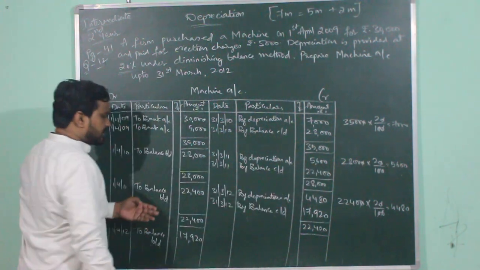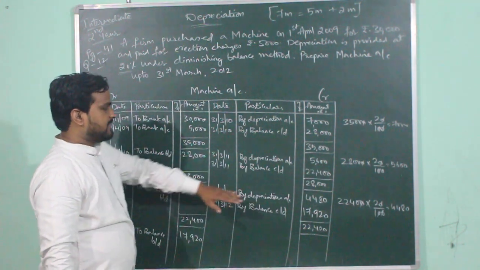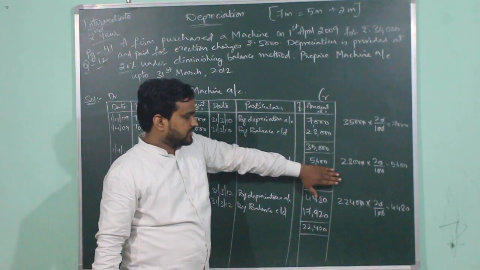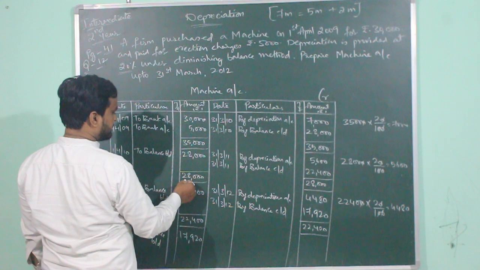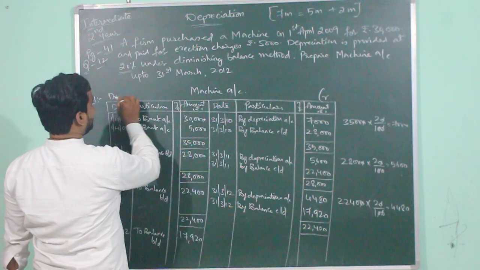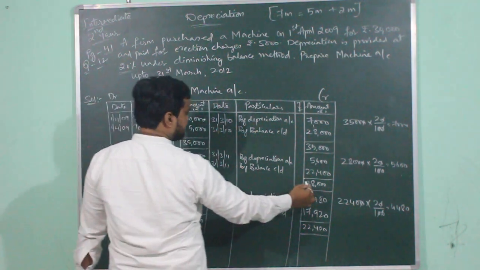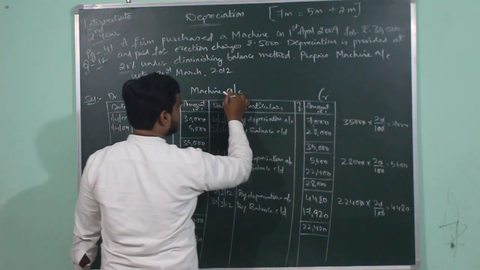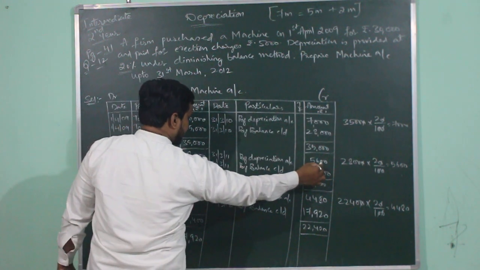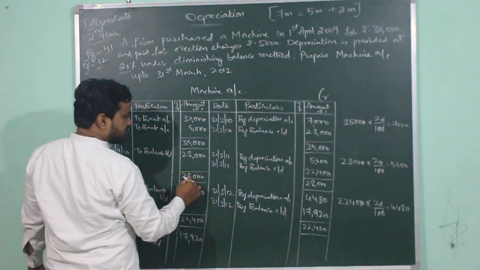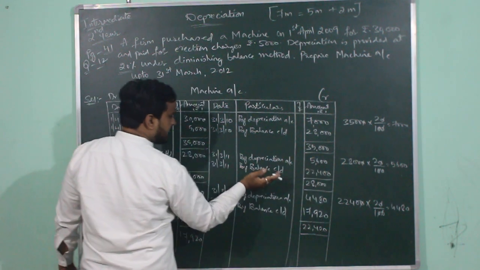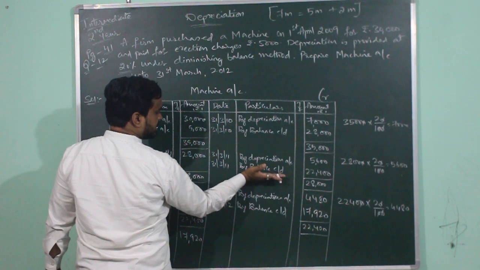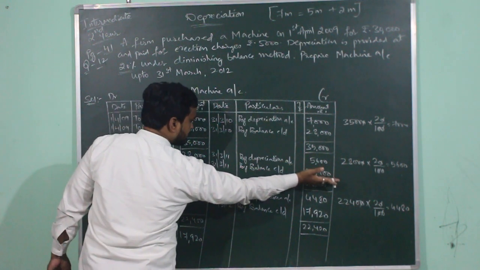Now how do we balance the account? Here the total is 28,000, whereas here the total is only 5,600. So you will be writing the highest total, 28,000, on both sides of the machine account. 28,000 will be recorded on the debit side of the machine account, as well as 28,000 on the credit side of the machine account, and subtracting 5,600 from 28,000, 28 minus 5 is 23, 23 minus 600 is 22,400. The value of the machine at the end of the second year is written as by balance carried down 22,400